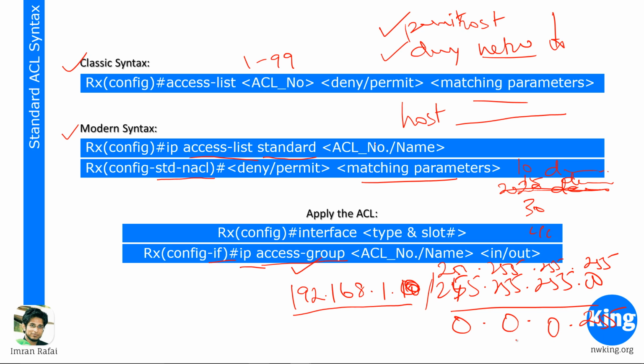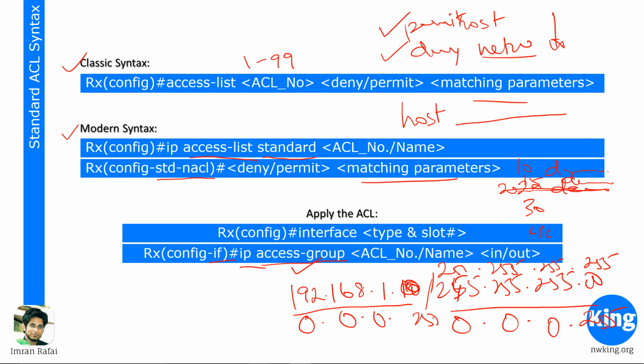So the wildcard mask you're going to apply for this access list is, in the matching parameters, you put deny 192.168.1.0 0.0.0.255, which means, so how it works is like this: wherever there is a 0 in the wildcard mask,